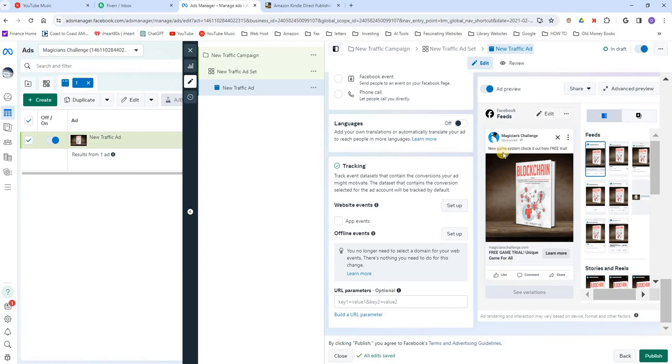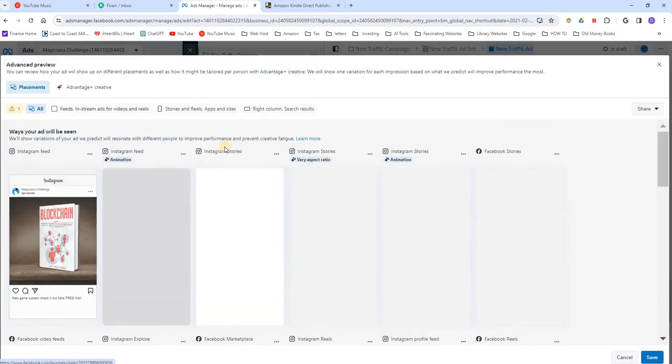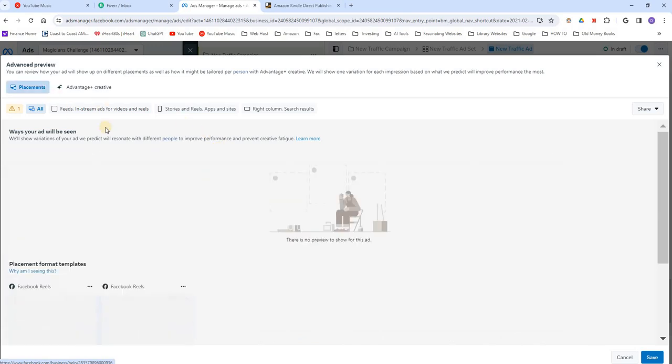So you're basically done with this ad. This is what people will see. Here's your ad. So let's say you're on Facebook and you're scrolling and you'll see, let's go to advanced preview. This is what it will look like on the